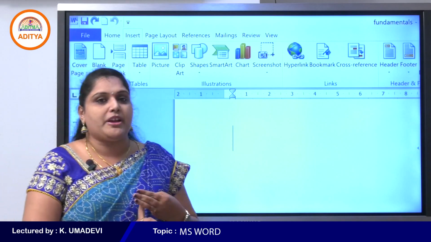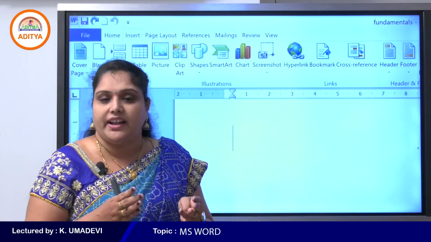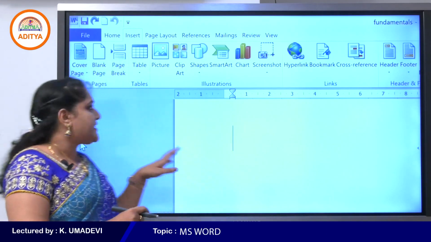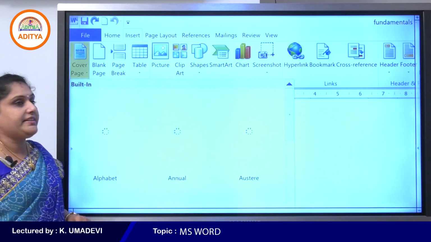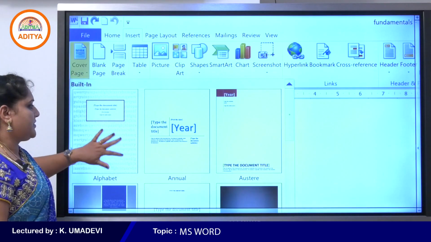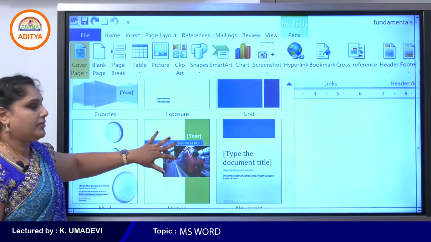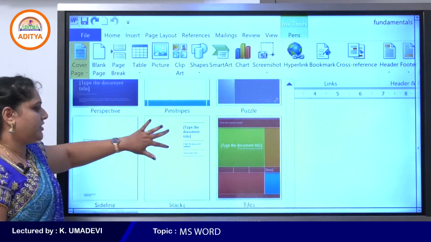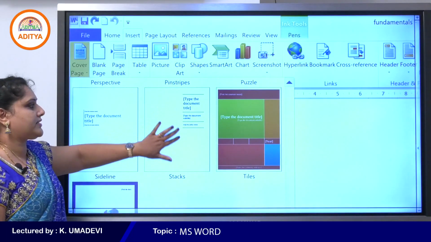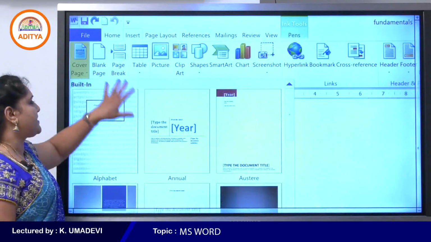By using cover page, we can easily design any type of cover page by selecting one of the built-in cover pages provided by MS Word. Okay students, you can select any one of these. So what about blank page?